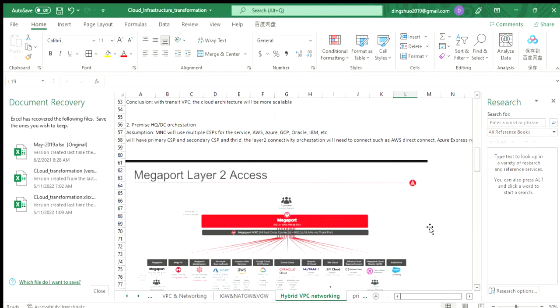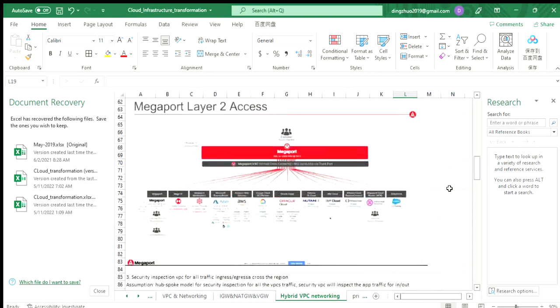And also you have to add the prefix list, for those community members to do the BGP peerings with the BGP peer. So this is a very typical design for the MNC on the client orchestrations to connect to multiple